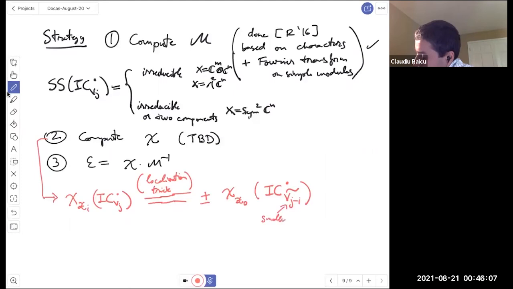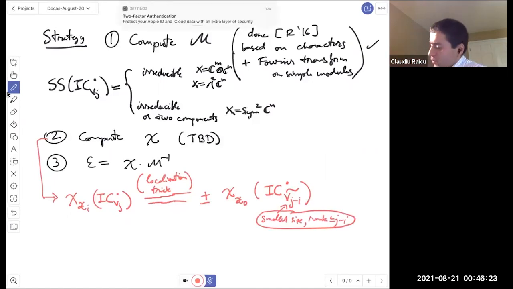So basically, all you need to know is how to compute these stalks of intersection cohomology at the origin, and now there's a further argument